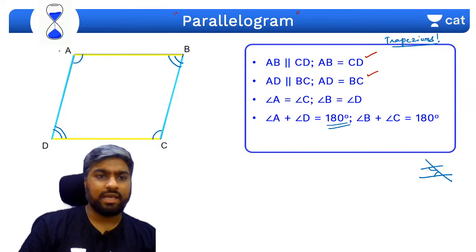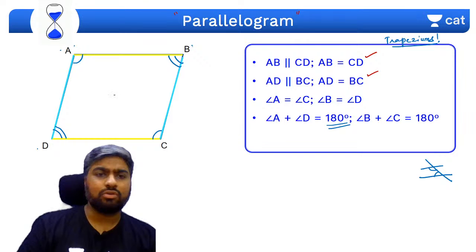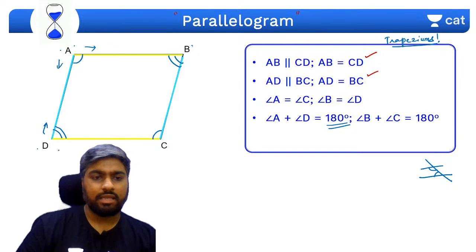So if I pick up angle A and angle D, or angle A and angle B, the sum will be 180. Same way B and A, B and C. Yes. That is written in generalized form. A plus D or B plus C will be equal to 180. So any two adjacent angles, if you pick from any two places, will always sum to 180.